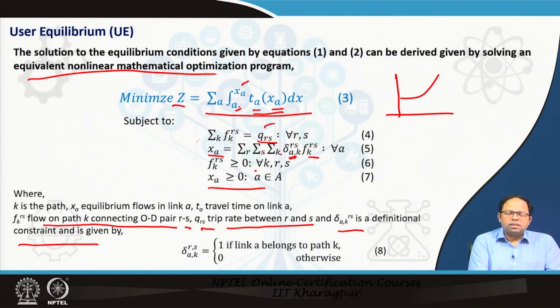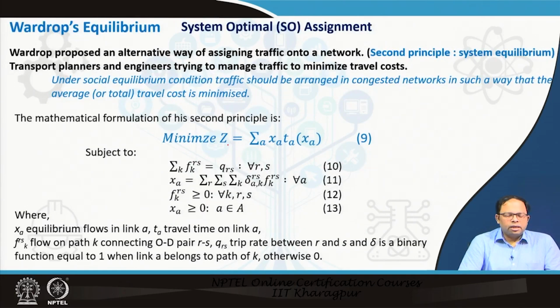So, this is actually extending our first two equations, where we said that the travel time has to be the same, and we were talking about the paths as well. So, we are saying that all the travel times are going to be the same, and that is what we are trying to do to minimize the travel time. So, anyway, this is what we need to solve, and similarly